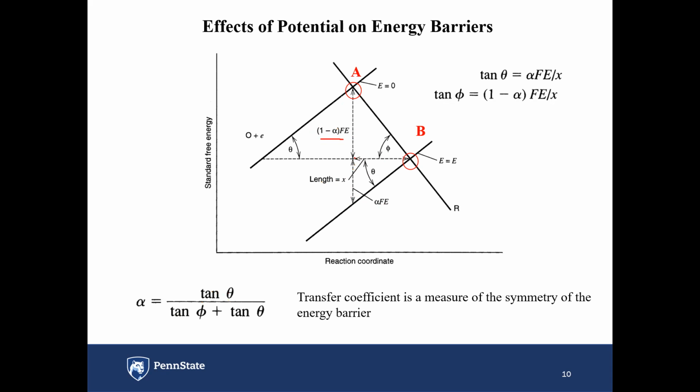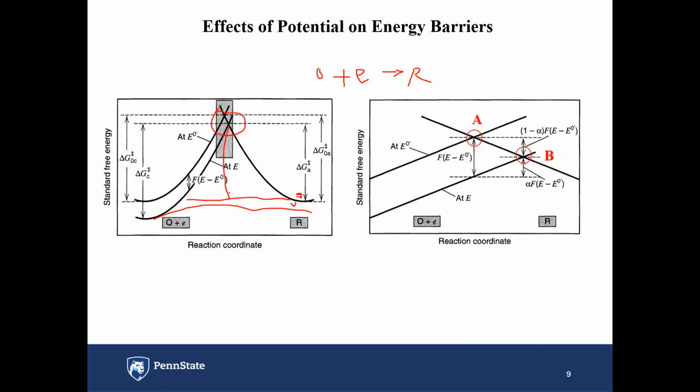So that means this change tells us that we will have an activation energy change, right? Previously, the activation energy is from here to here. Now it is from here to here. Forgive me, I cannot draw a very straight line with my mouse, but you just imagine the activation energy is shifted because the parallel line has changed, right? And that is, if we draw the line, this is the difference between the two activation energies, right? Okay, and